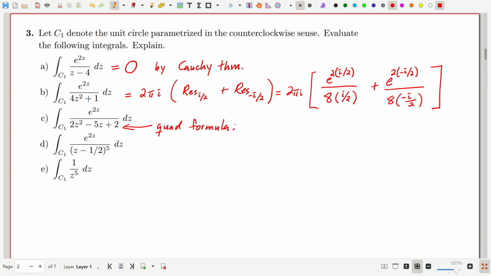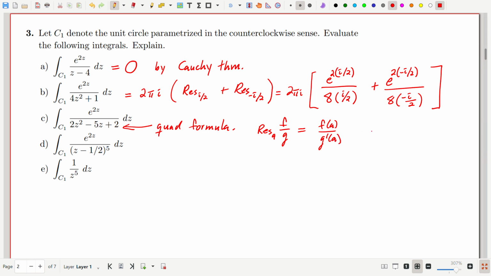I think when you use the quadratic formula, you get one root that's inside the unit circle and one that's outside. And it's kind of not fun to factor that, especially when there's a leading coefficient of 2. Although it wouldn't be terribly hard to factor that and get the residue that way. But a much easier way is to use the residue of f over g. The same thing I just did here is f of a over g prime of a